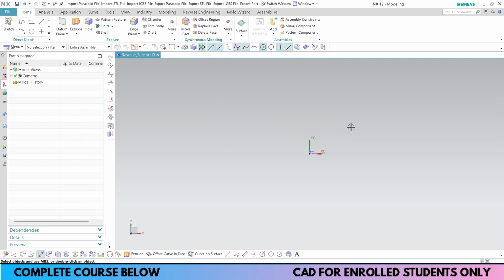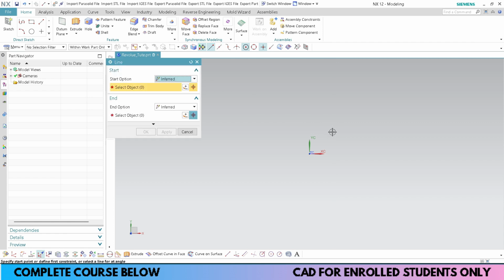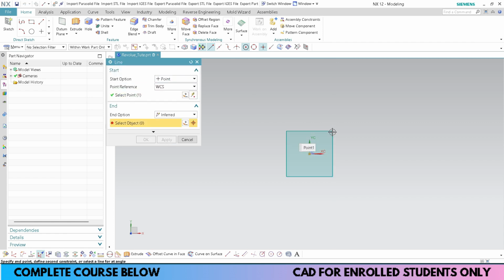So in this tutorial we are going to model a geometry as well as simulate it in the motion environment. So let's start with the geometry creation first. For that I'll go to the line command. For me it's a shortcut using L. Then this would be a starting point for my link.